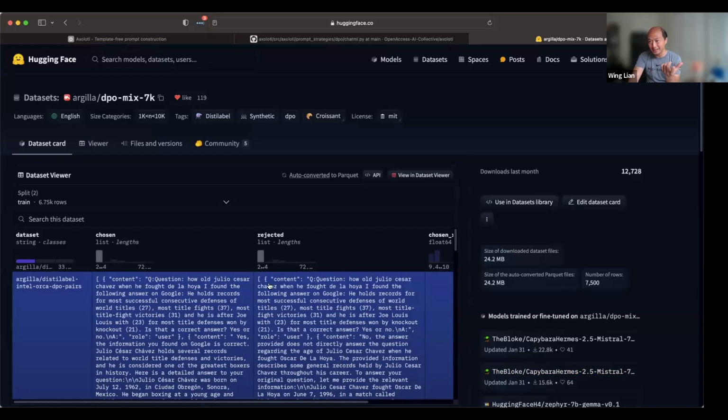And this is also one example where here we have content instead of value, and we have role instead of from, and then user instead of human, right? So there's a lot of variance in these shared GPT style data sets.